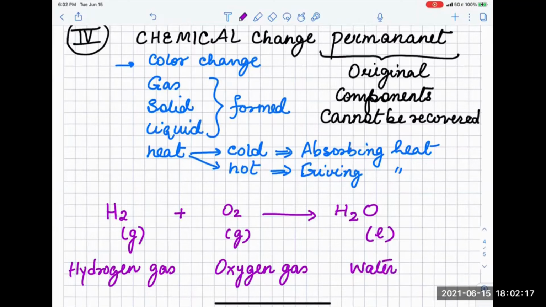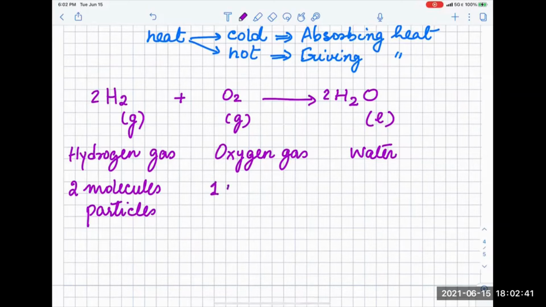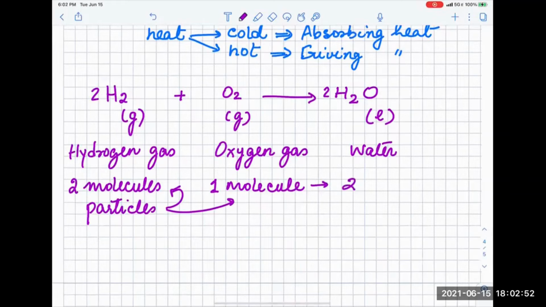Okay, and then there is a balancing also. So 2 and 2. When two particles, or in other words, two molecules of hydrogen react with one molecule of oxygen, and again, these are the molecules, meaning the smallest particles, they produce